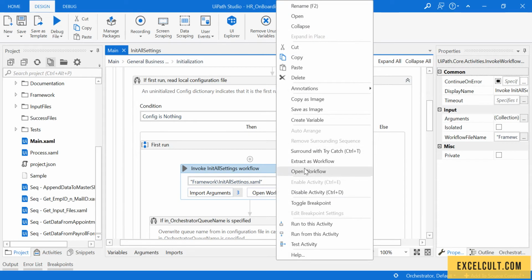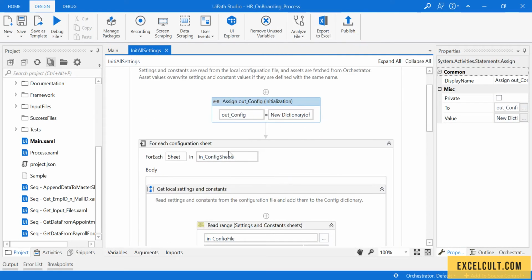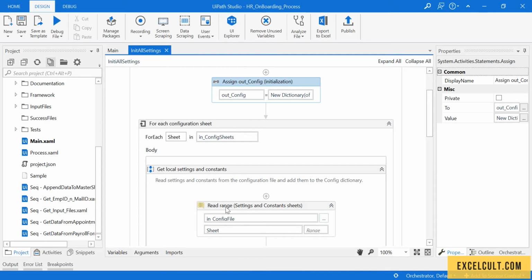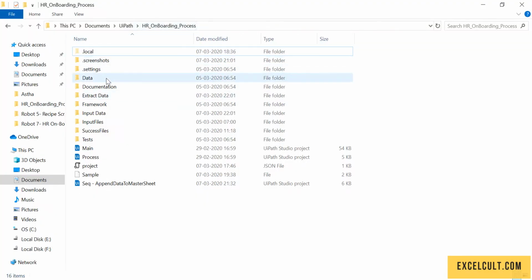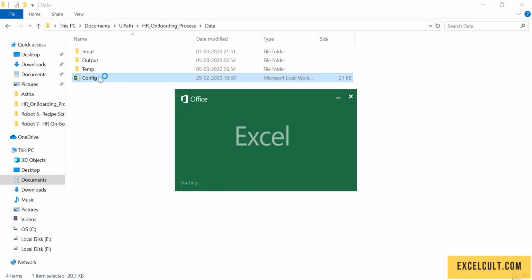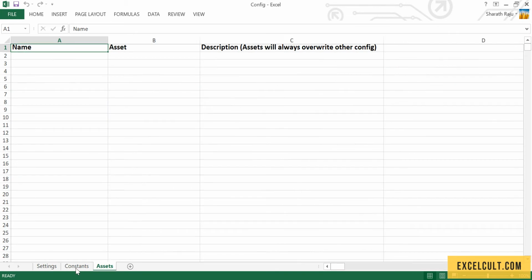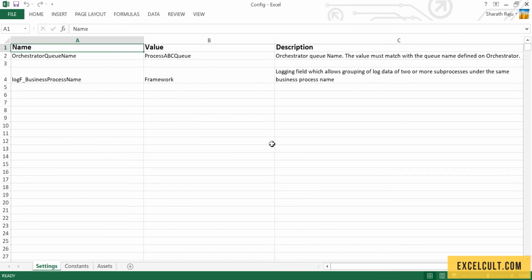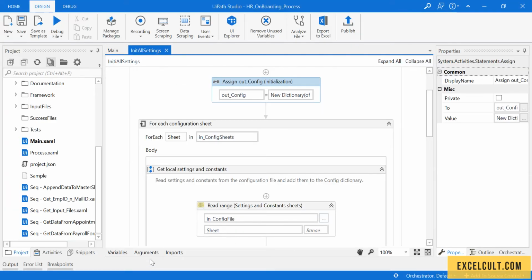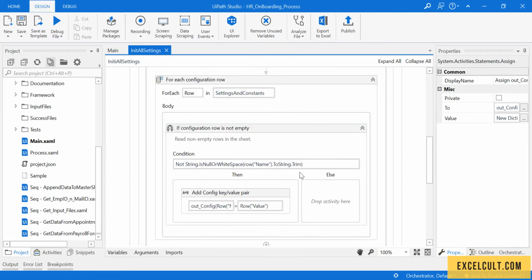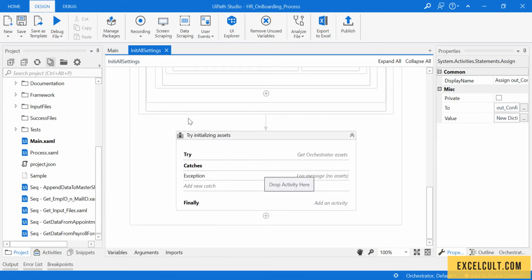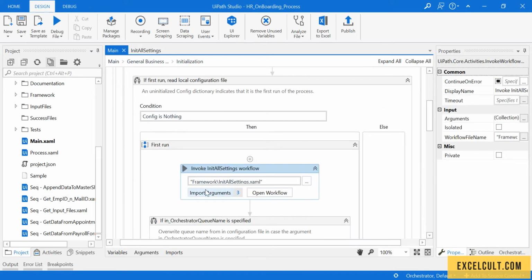will try to read the configuration file, whatever is available in this particular config, which is available in data config. It will try to read all the sheets, settings, constants, and assets, and will add those data as name, key, and value pair into this particular variable that is available to us, out config. So it will try to add everything and it will just send that out to the main again as